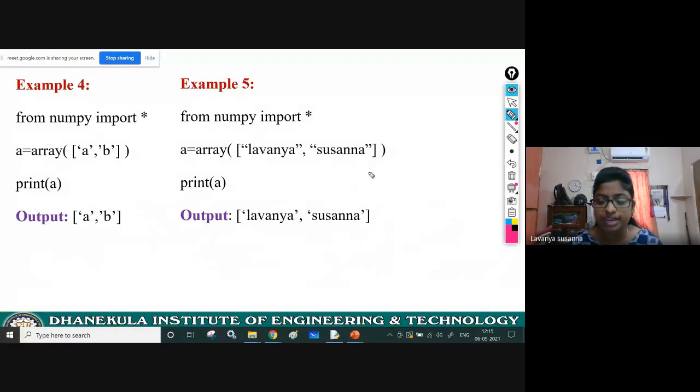So in this way, you can create an array with integers, floats, strings, and characters. No need to specify type. Remember, if you are specifying a type, then whatever you give will be converted into the type specified by you. Just once again, see here how to provide type, in the previous example.